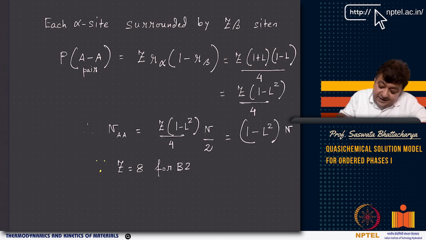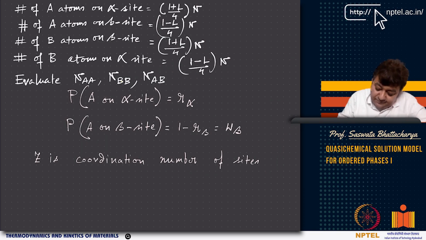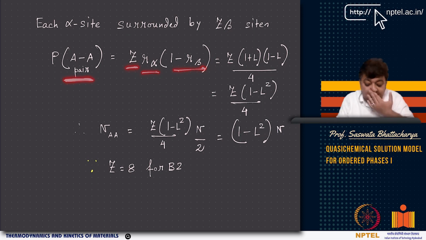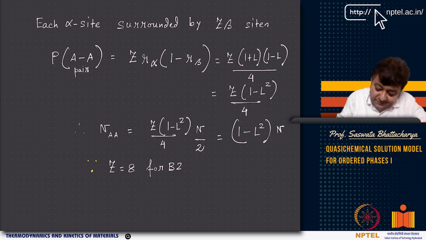Now see, if that is so, you have A on alpha and A on beta. So you can now look at AA bond. So basically, which is basically R alpha into 1 minus R beta. Now you have R alpha into 1 minus R beta into Z, right? That is basically probability of an AA bond, right? Between two sublattices, right? Alpha and beta. So basically, probability of AA pair is